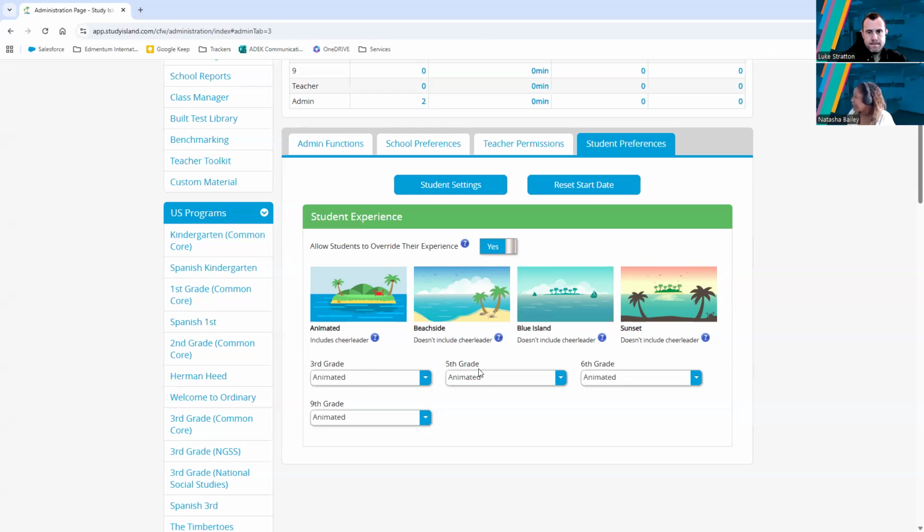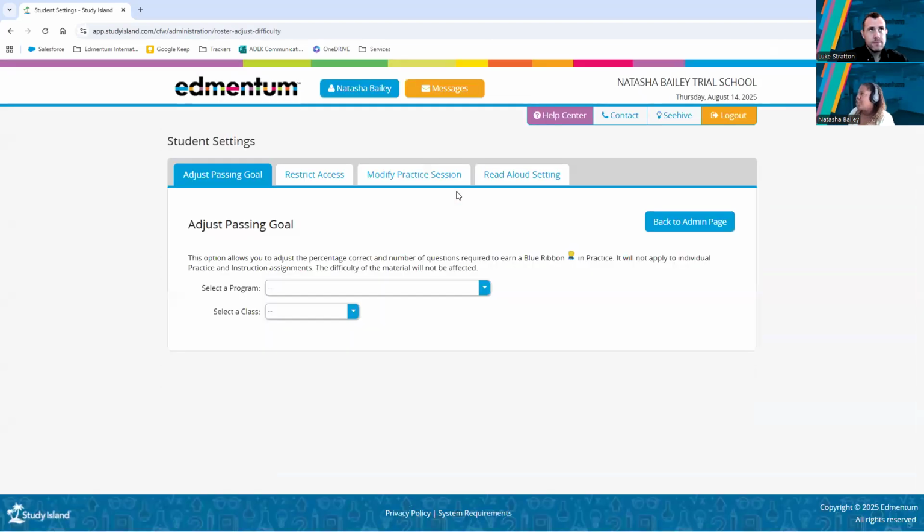So for third grade, fifth grade, sixth grade, ninth grade, which are the grades that I have within Study Island, they've all got the same view, which is this animated view. You can change that for each grade level as well. What you can also do when you click into student settings, you can adjust the passing goal. Okay, so if there is a specific